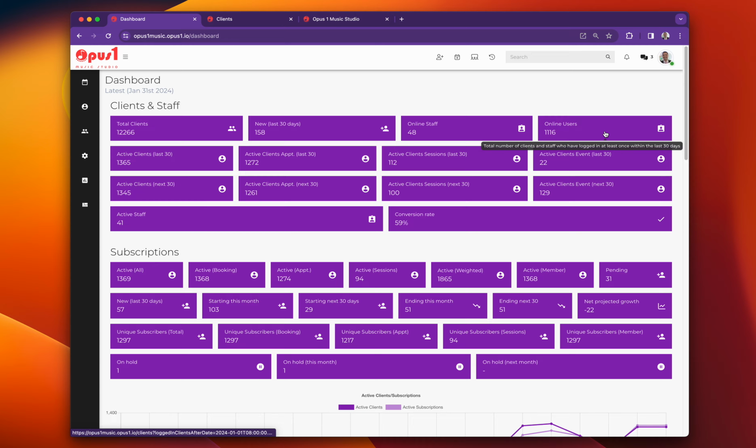Next is how many actual users, so that could be mom, kids, including staff, that have logged in the last 30 days. So here I have 1,116 users that have logged into the platform in the last 30 days. This is a metric that's useful to watch when you first go live, the first few months, where you want to make sure you have user adoption and that people are logging into their account and checking their invoices, canceling their lessons, booking their makeups, etc., and that you have activity and traction